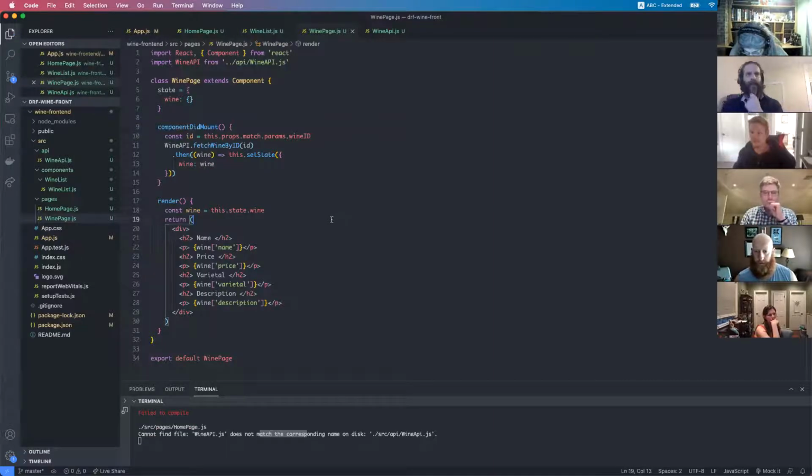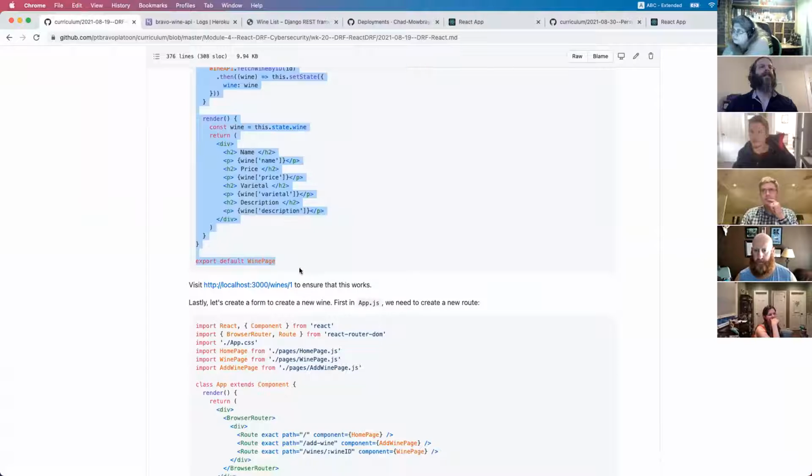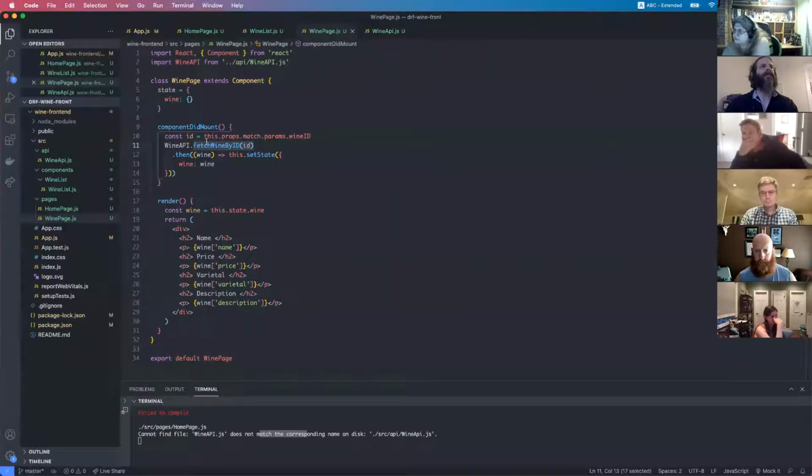Okay, so we're not really doing anything unusual here. We're creating the list view where we're hitting the API, getting all of our wines as a JSON object. And here is the detail view where we're going to get basically the one particular wine, we're going to fetch by ID. All right, and I'm going to